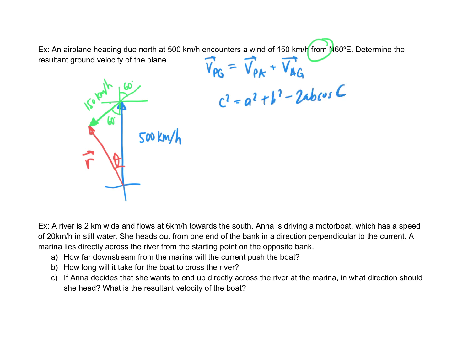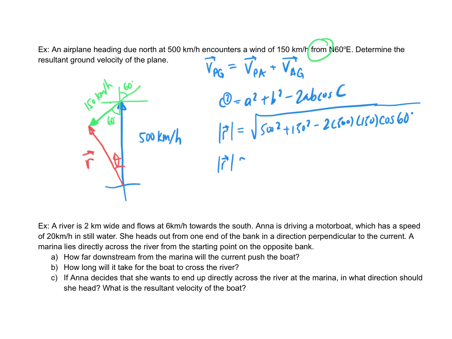But because I know I need to get rid of that exponent at some point, I'm just going to go straight to square rooting. So the magnitude of the resultant vector will be 500 squared plus 150 squared minus double those two sides and then times cos of that contained angle. That's the reason we're doing cosine law. We have two sides and the contained angle. And now we can punch it into our calculator and we get